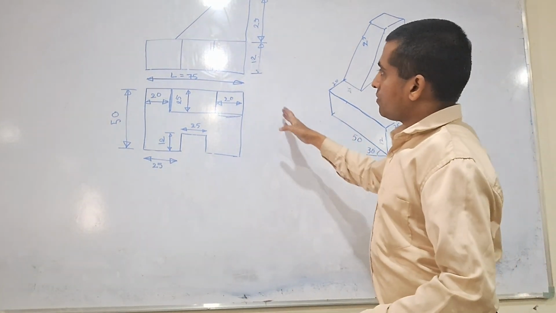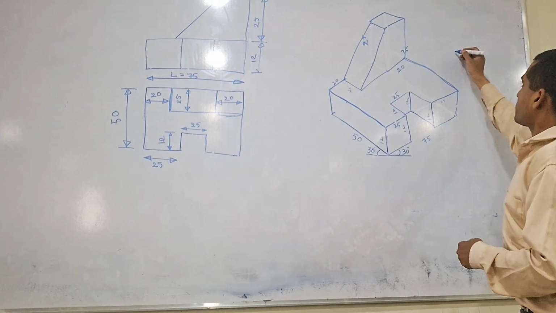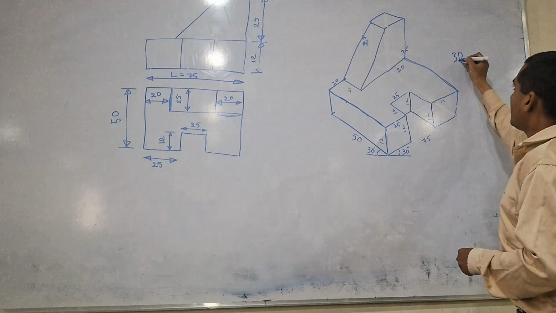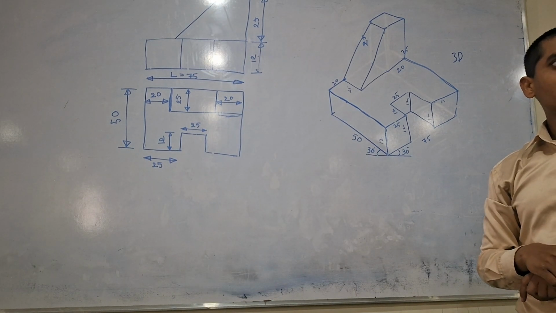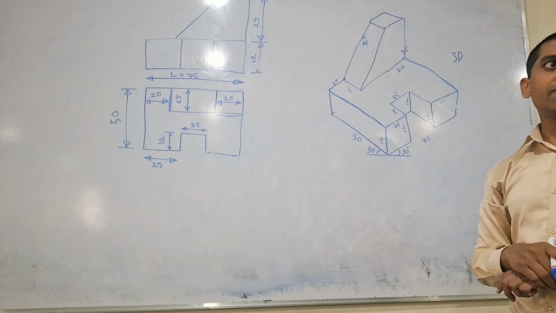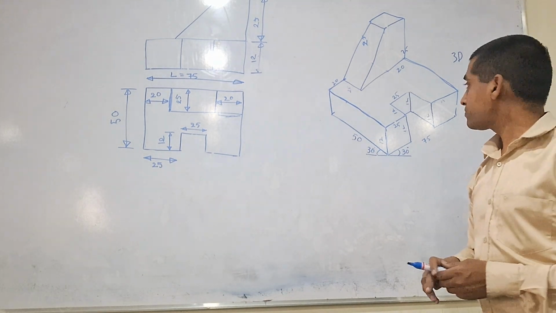So from the front view and top view we made it into a 3D view. This is an isometric view. The 3D view is nothing but the isometric view. Understood everyone? Right? Now we will practice in AutoCAD, then it will be very clear for you. Is it okay until this? Yes. Any doubt? Ask.